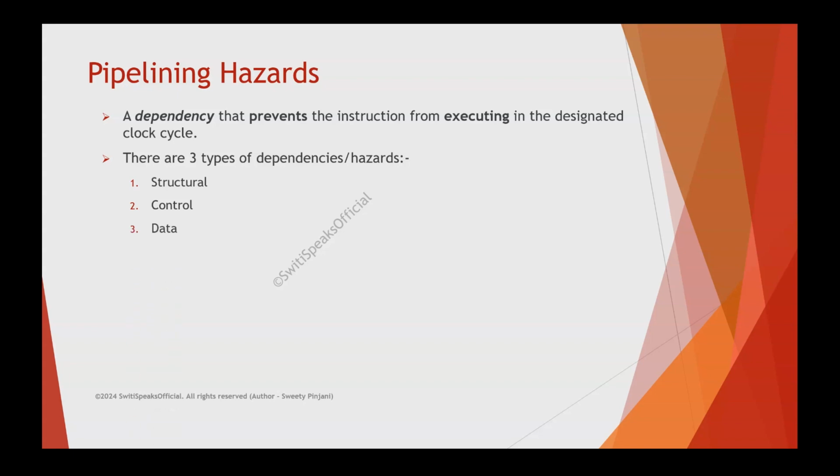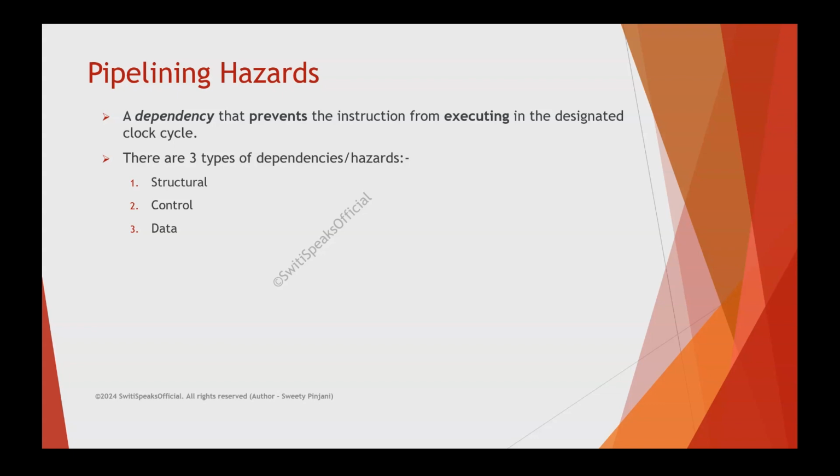Data hazard occurs when the data in the first instruction is being used in the second instruction. Let me give you an example. Say in the first instruction, I am writing a value to register R0. And in the second instruction, my R0 is being used as an operand. It means I want to read the value in R0. Now, until your first instruction completes execution and write back, your data is not actually written into the register. So if the second instruction wants to access that register in the same clock cycle,